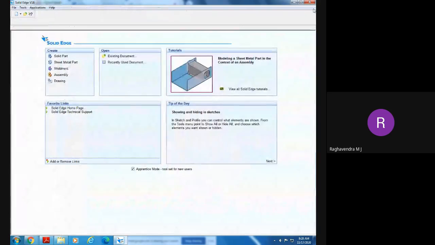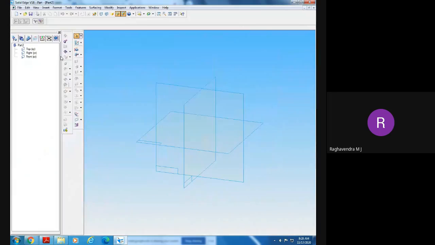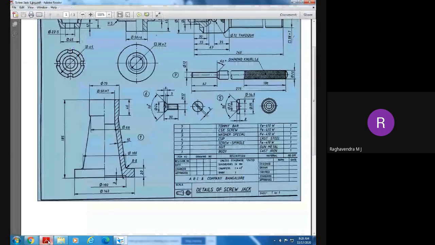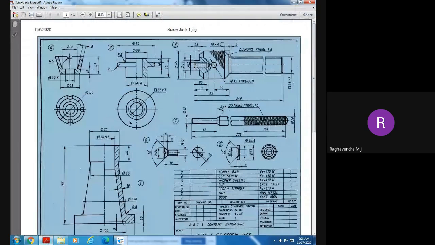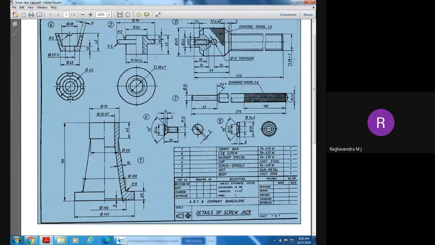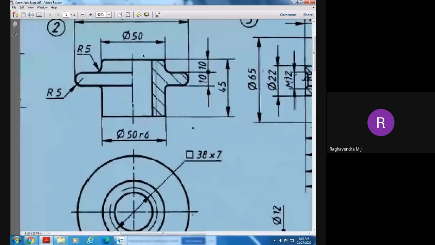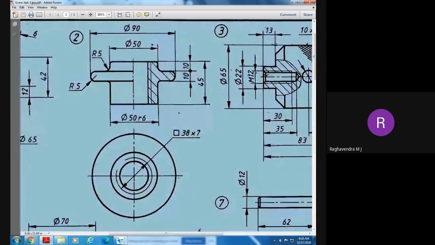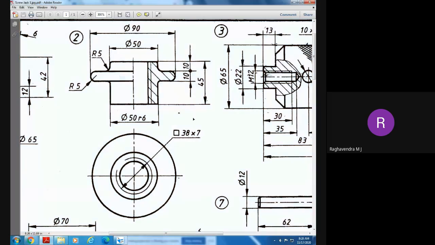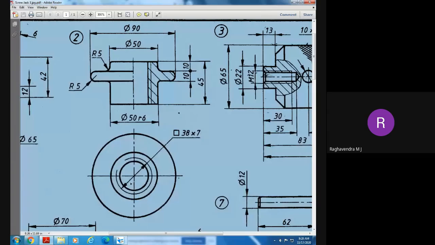I will close this one. Once again, go to solid part, come to the next part. This part is over. Which one is the second part? The second part is called a nut. Which one is the nut here? This is a nut. For the nut, he has given 2 views here. One is the front view and the other is